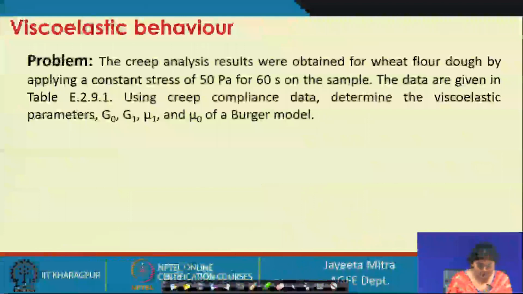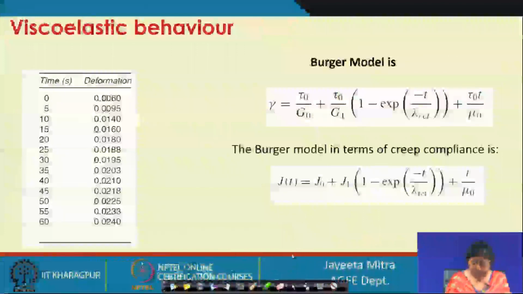We can think of a problem here. The problem has been taken from Shaheen book, where